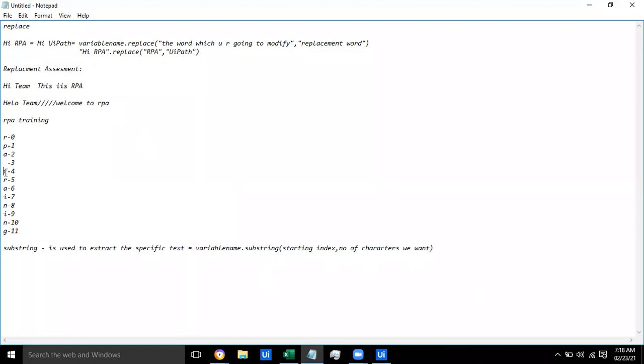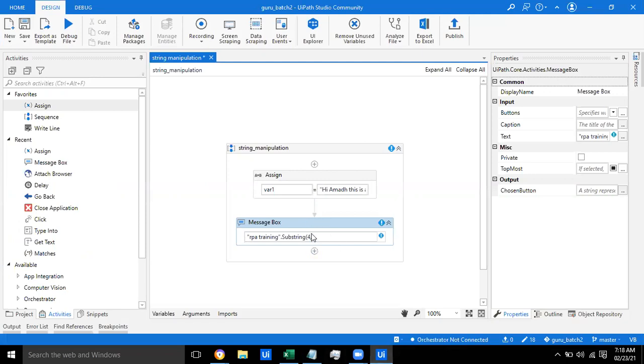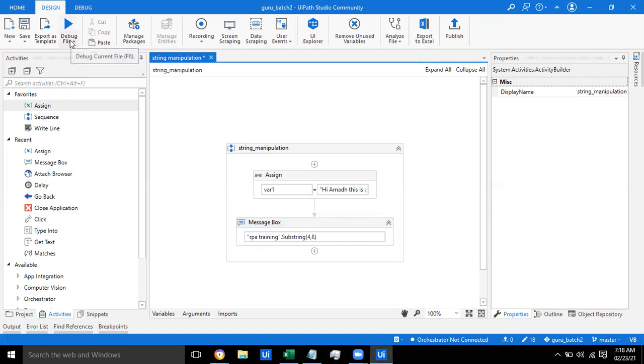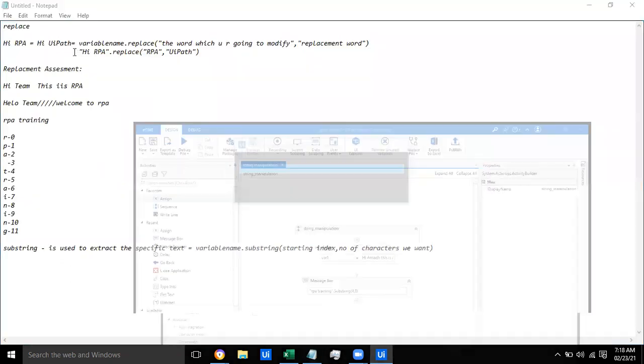The starting index is 4, then 1, 2, 3, 4, 5, 6, 7, 8, guys. So the number of characters I want is 8 in this scenario. Let me give it as 4, 8. Okay, let me run this file, guys, and see how the output will be.